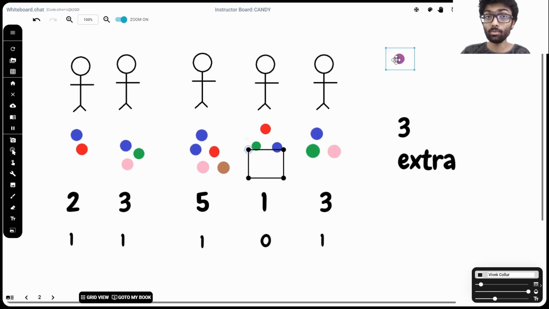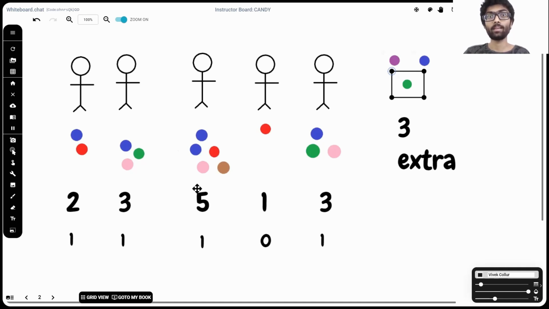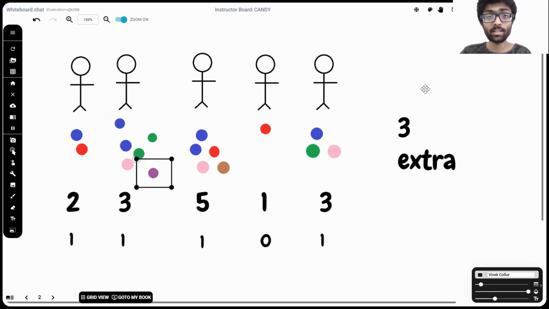So all we have to do is add every single extra candy to this kid's number of candies. And if that falls short, his result is 0. However, if that sum is greater than or equal to the maximum number of candies in the group, then we can straight away say that that kid's output is 1. Why? Let's have a look at kid 2. If we were to give this kid all 3 candies, the kid would achieve the maximum automatically.